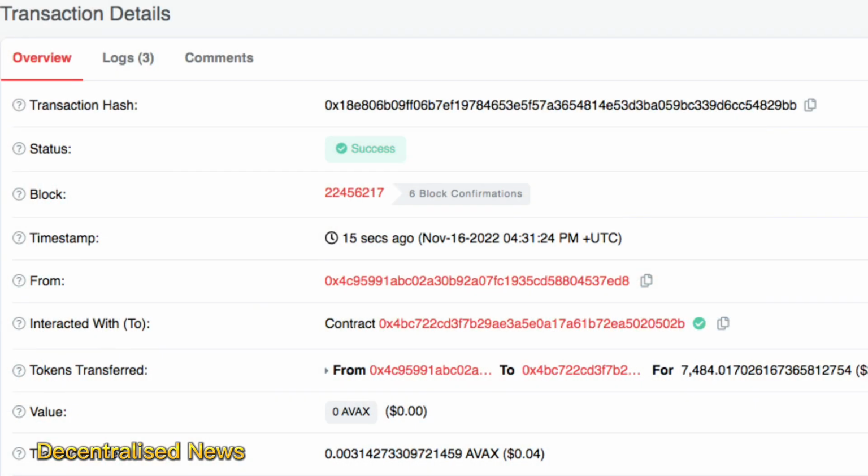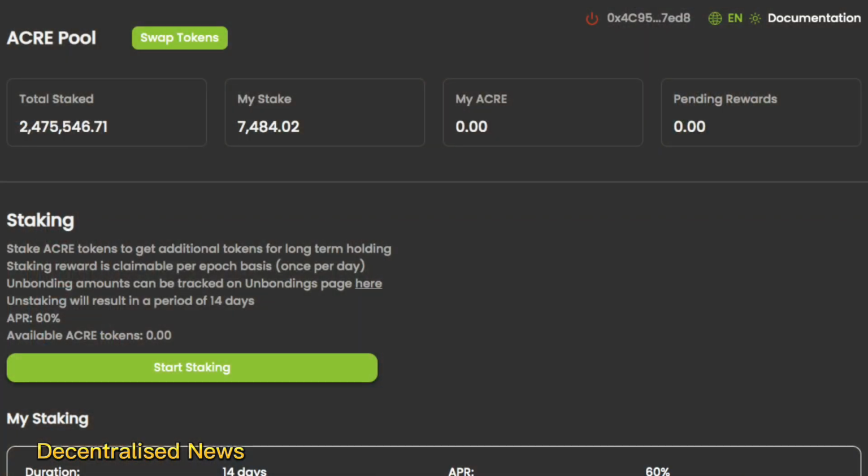When it comes to unstaking, should you want to take your tokens off, which is something they also call unbonding, you can do this pretty much at any time. However, you need to know that the tokens will remain locked for a waiting period of about 14 days from the point that you choose to unstake. And during this unbonding phase, as a user, you won't receive any more rewards, of course, because you've opted out.